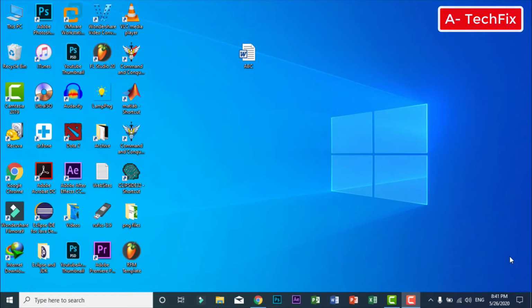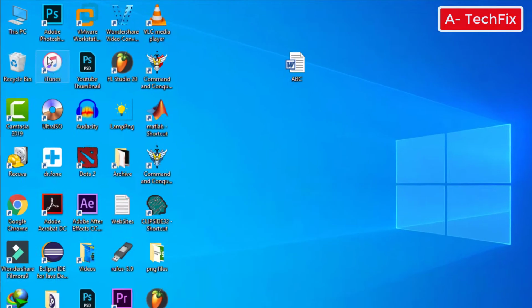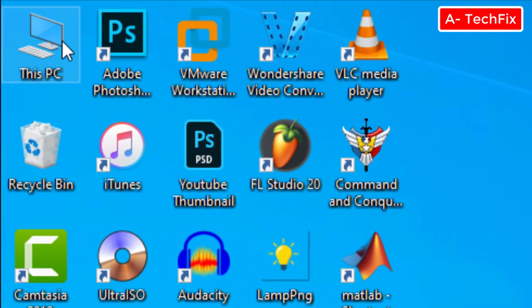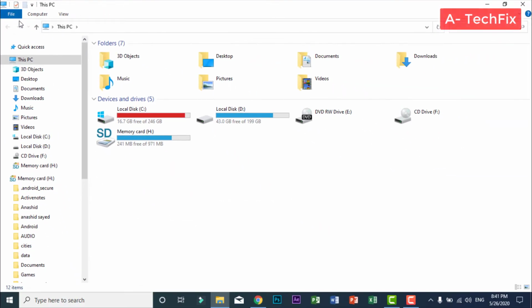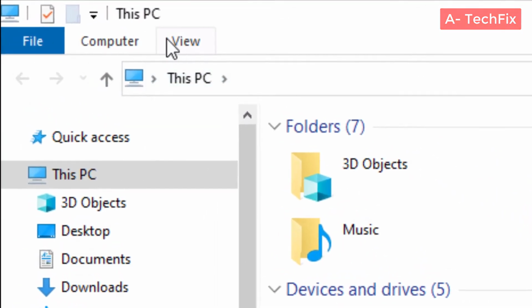Okay guys, if you want to change extension of file in Windows 10, simply follow my steps. First, go to this PC icon in your desktop. As you can see here in the top, in the upper left corner. Okay, here guys, in the top,